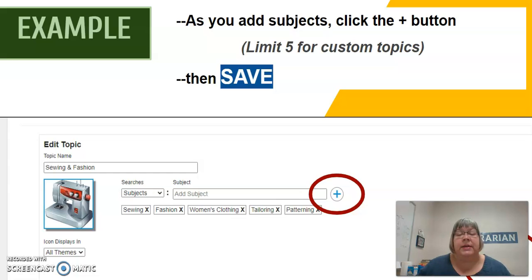So as you add subjects, you're going to click the plus button and then you'll save. So for my example, I have a sewing class, a sewing club. So I'm going to create a button in Destiny for sewing. And so here are my 5, and I looked these up in my Destiny catalog and looked at my actual books on sewing and fashion, and this is what I got.